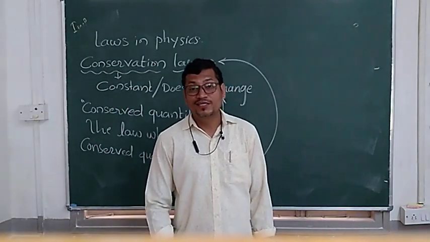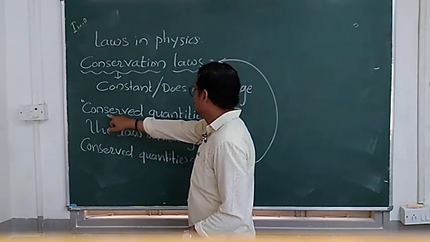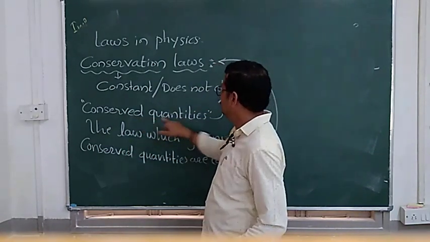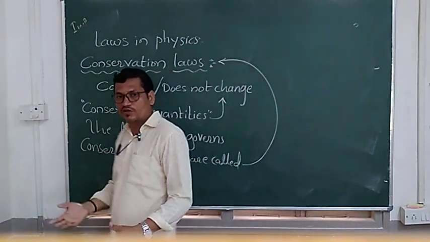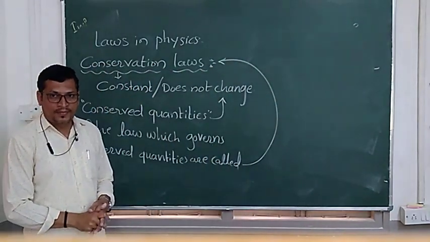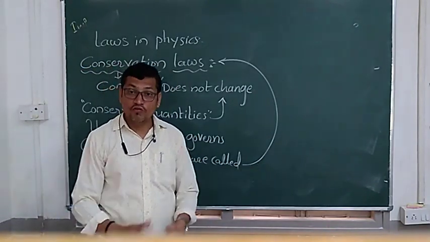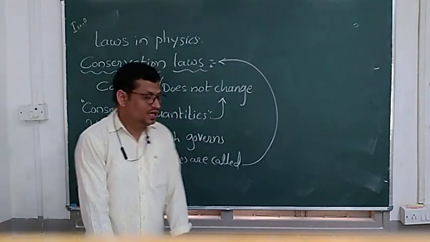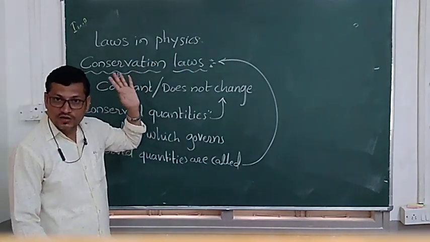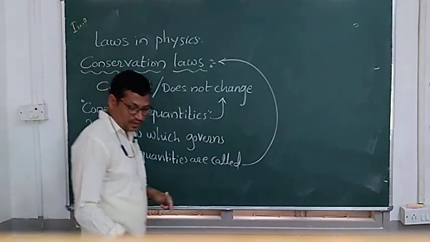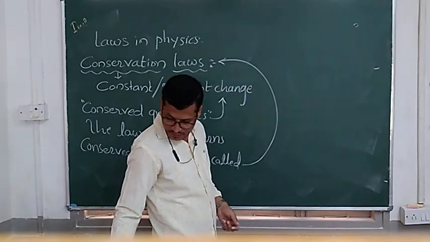What are conserved quantities? The quantities which do not change. These quantities are called conserved quantities. The law which defines these conserved quantities, that law is called conservation law. That law is called what? Conservation law. Example for this conservation laws, here we can write